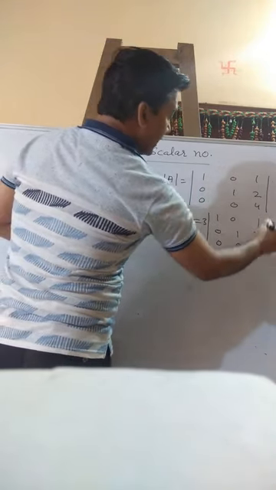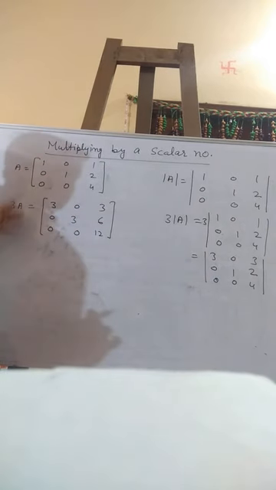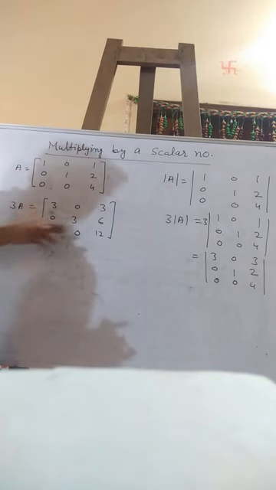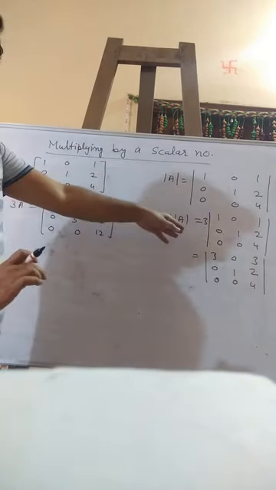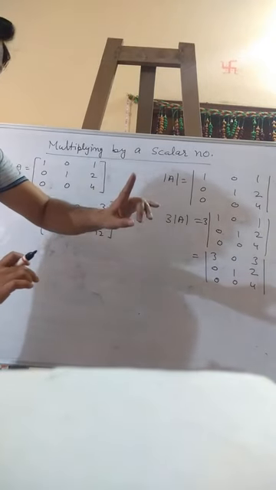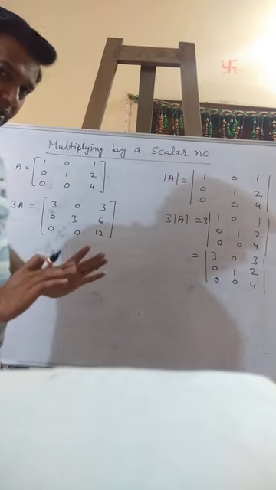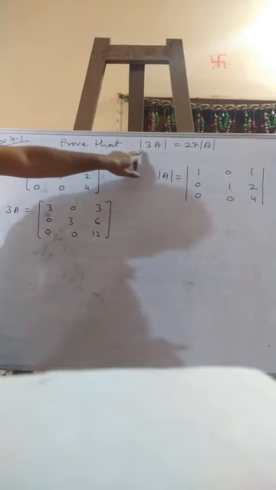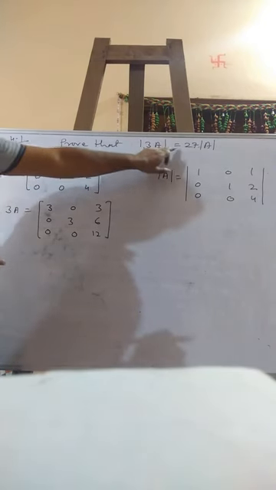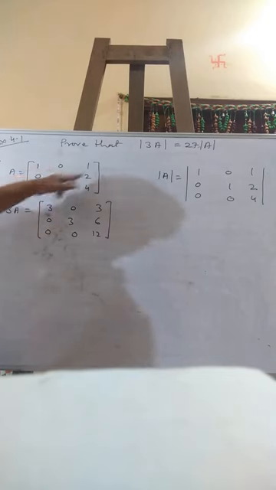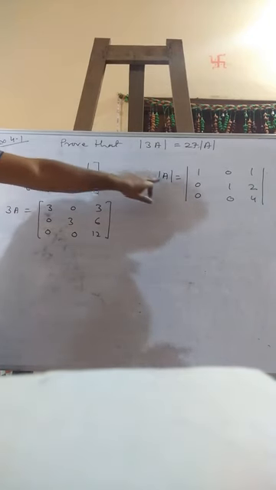It is the difference. So if we are multiplying by a scalar number to a matrix, every element should be multiplied. But in case of determinant, only one row or one column, any of these should be multiplied. Okay, got it? 4.1, we have to prove a result. Determinant of 3A is equals to 27 of determinant A. Whereas a square matrix is given here, A is this one, and the determinant is this one.